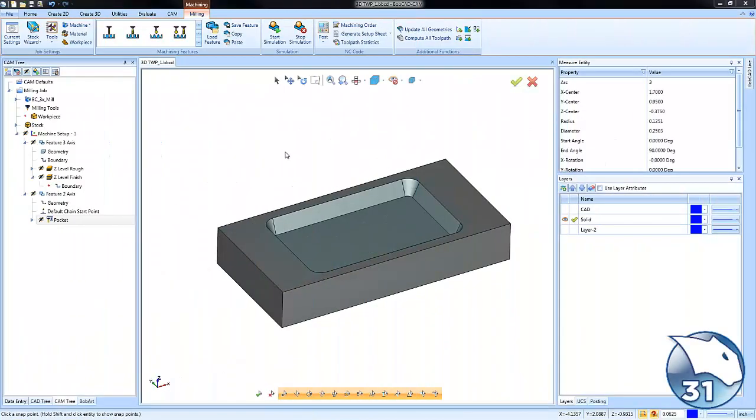Hey everybody, so in today's quick tip we're going to look at creating a tapered wall pocket but using 3D toolpaths in order to put the draft on the wall and to rough the pocket out. So let's go ahead and get started. Again, we'll use a Z-level rough in order to rough the pocket out. We'll use a pocketing strategy in order to finish the floor, and then we'll use the Z-level finish in order